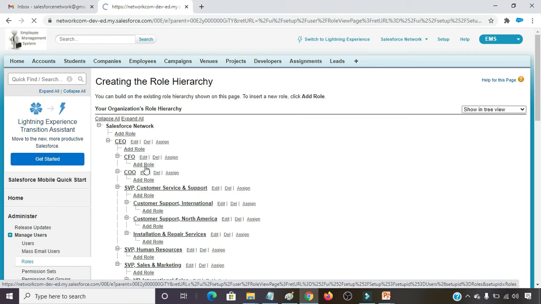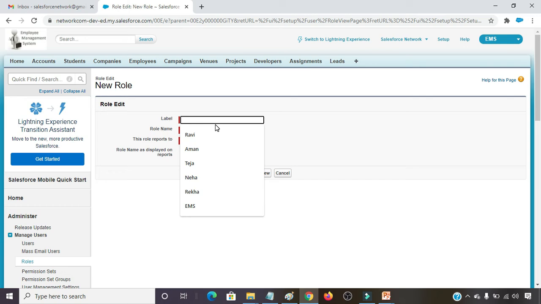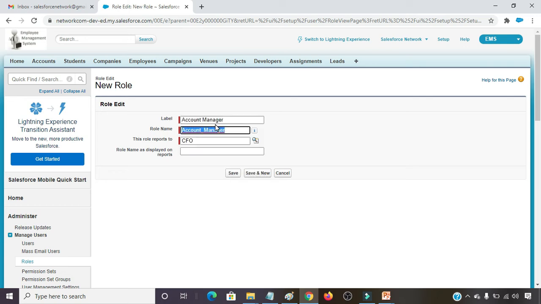Clicking on add role, provide the role name. Here I am going to provide account manager. The role name is account manager, and it is going to report to CFO. Simply click on the save button.